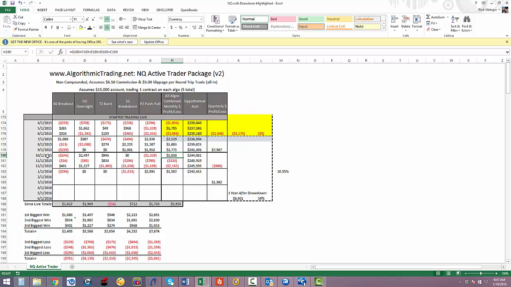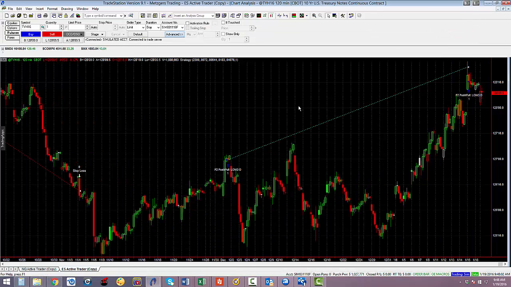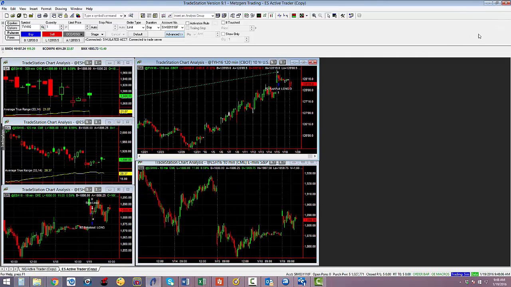Now what's interesting is in October the market rallied and we did take losses on this algorithm. So this algorithm's strength is when the market goes lower. Its weakness is when the market goes higher. And so it does act like an equivalent short algorithm on the indexes. And to further show that, what I want to do is just pull up